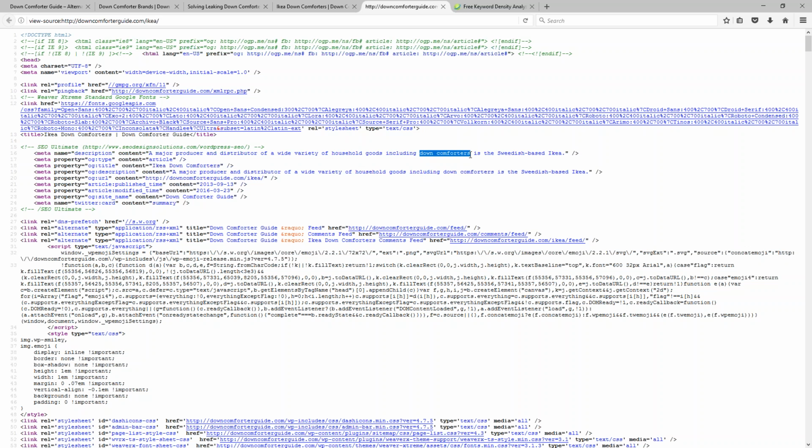And you may also notice that this is a slight rearrangement in a way of what I had for my title, IKEA down comforters. So I still have down comforters here. I still have the word IKEA in it, but I'm embellishing on this subject and turning it into a complete sentence instead. I'm also kind of secretly using some semantic words here.